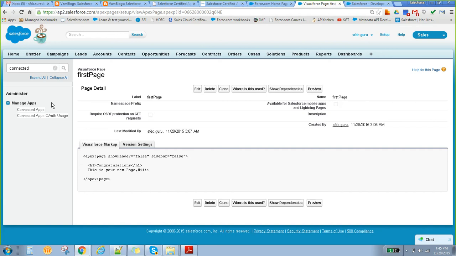So this is just a high level overview of where to write an Apex class, how to write an Apex class, and how to write a web page, how to execute that web page, and all. Okay. So maybe we will stop today's session. Tomorrow we'll start with the concept called what is a class. What will happen once you save that particular class, how the class will compile, how to invoke that particular class, how to write business logic, what are the OOPS concepts. Those things we will cover in tomorrow's session.